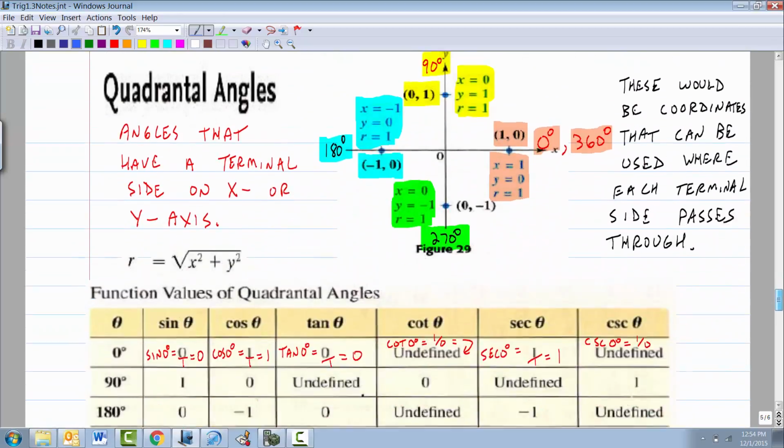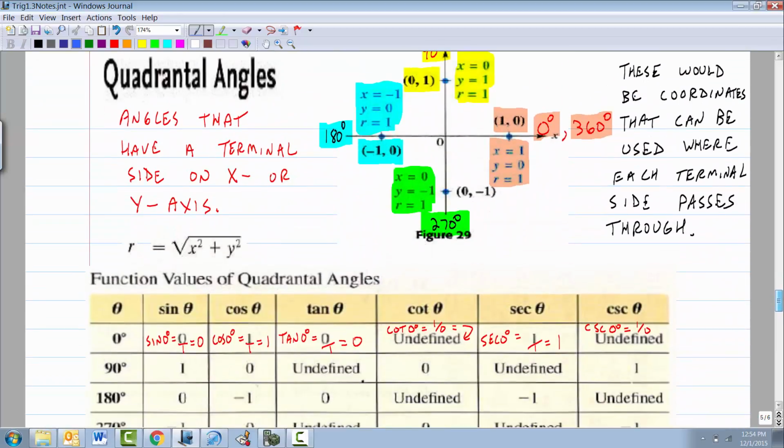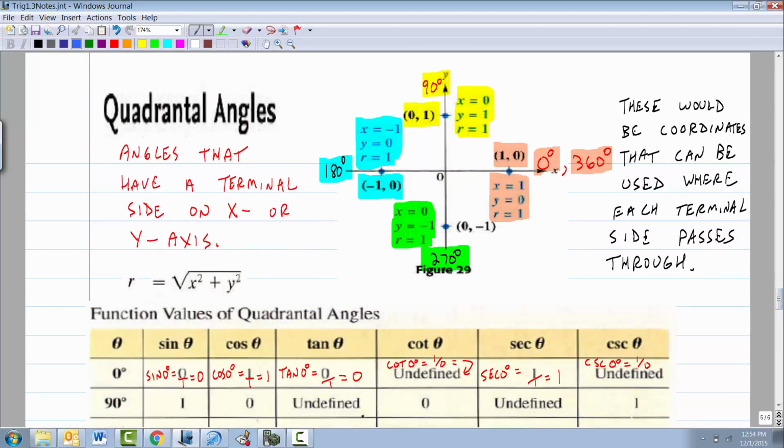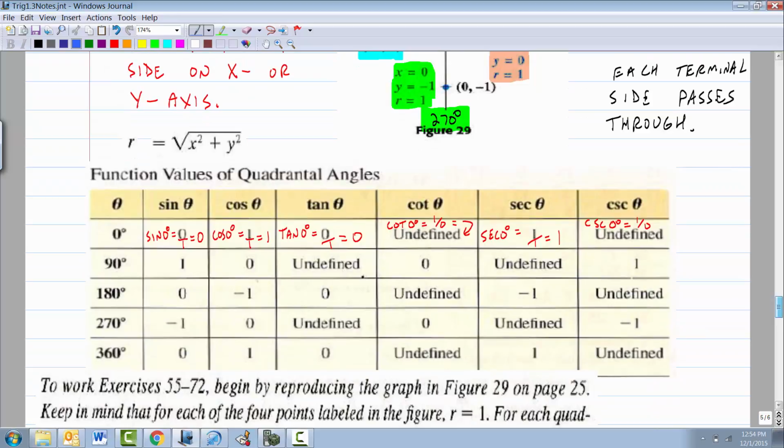The whole point of this page is how do you deal with those angle measures that land right on an axis? You know what you do? You make up a coordinate. This is called coordinate trig. So you make it up and you write it down. All right, and then that's what this page is about. You go ahead and find it in